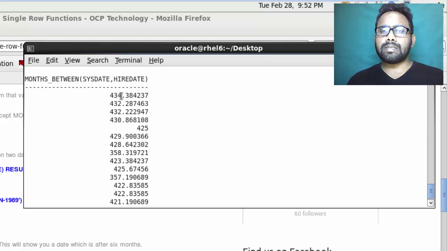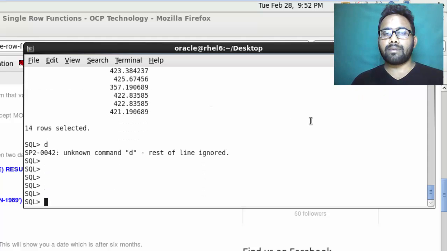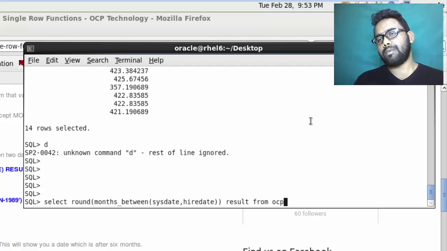If you want to remove the value after the decimal point, you can use a nesting function here. How? Select round(months_between(sysdate, hire date)) result from OCP.